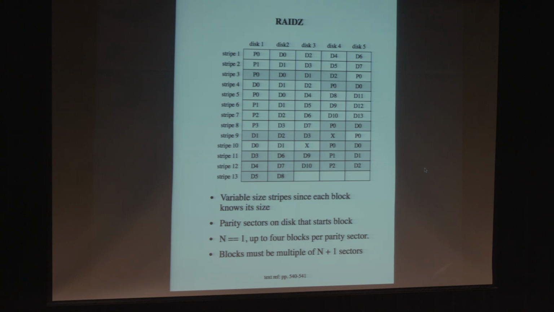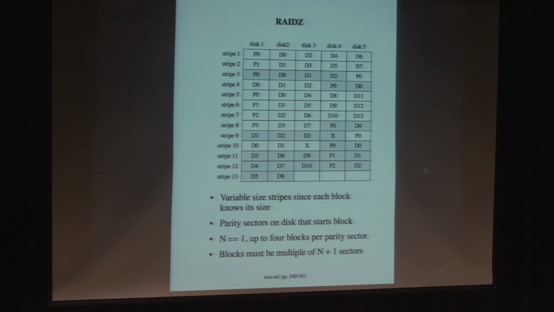So in a typical RAID system, you have, let's say, 5 disks, and a stripe writes across all 5 disks. You have typically 4 that are data and 1 that is parity. The issue with a standard RAID is if you don't write the entire stripe, let's say you just write the first 2 blocks, then you have to essentially recalculate the parity. So you write those 2, then read the parity in, update it, and write it back, and so on. And there are other issues, like the write hole, which I might talk about a little later if I have time.